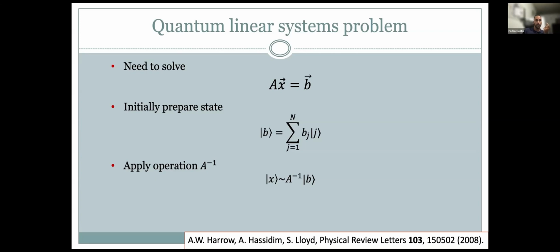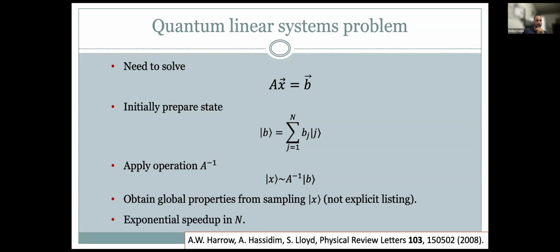That's the way that you encode the states, so that you can get the exponential speedup in terms of the number of equations to solve. So you have the exponential speedup in n here, but the drawback of this method is that you have to deal with some global property of your vector state. You cannot read out everything, otherwise you're going to lose the speedups that you got from the quantum side.